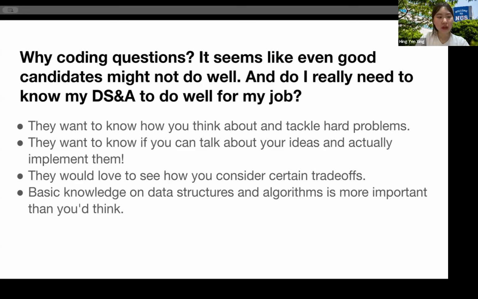And actually basic knowledge of data structures and algorithms is more important than you think, as it helps you to have a better approach when you're designing a database for your project, or you want to extract some data from deeply nested data, and you want to make your code the cleanest and also the